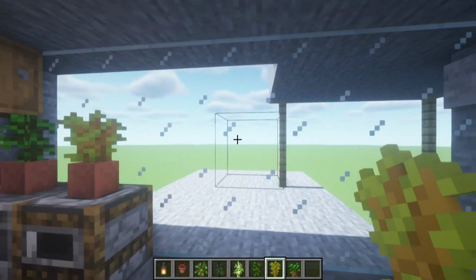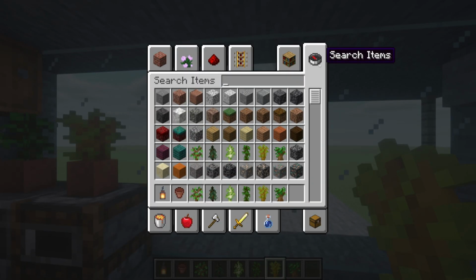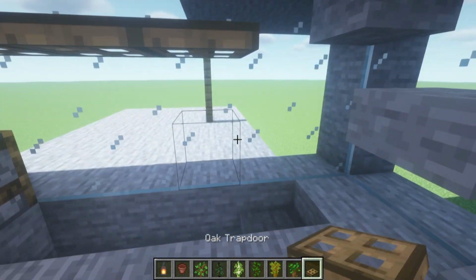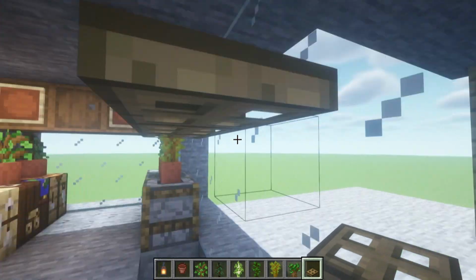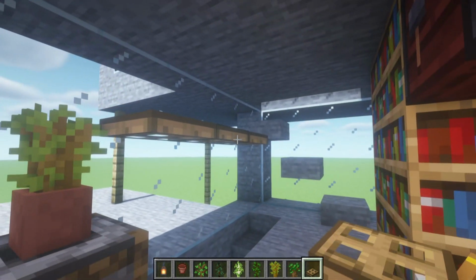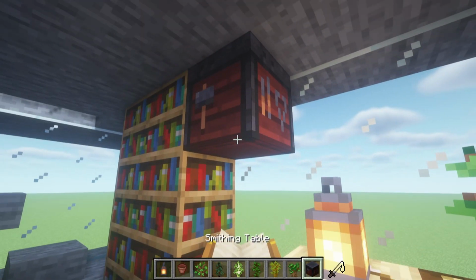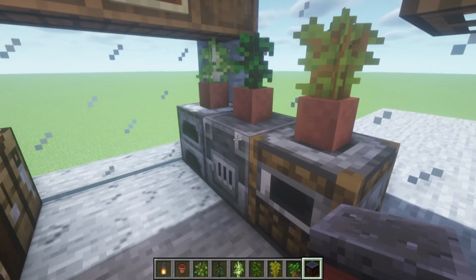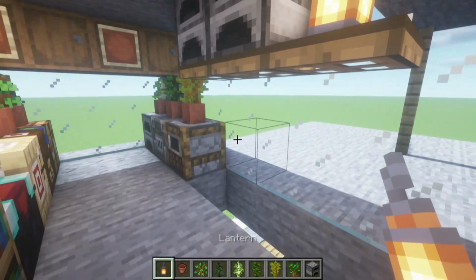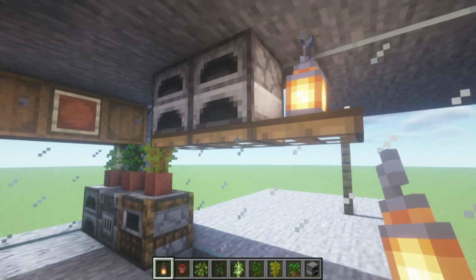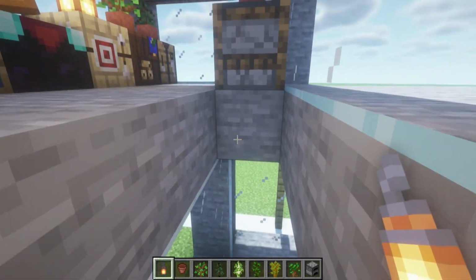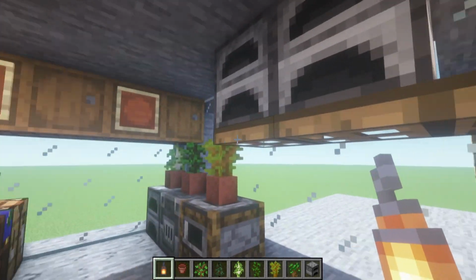If you did want to, I do believe it is possible to not hit your head on a certain... There we go. So if you wanted to, you could use this for a little bit more storage. So if you did want to, say, store more tables or more furnaces or more lanterns or more whatever, you could certainly do that. And this could just slot above the little staircase here,